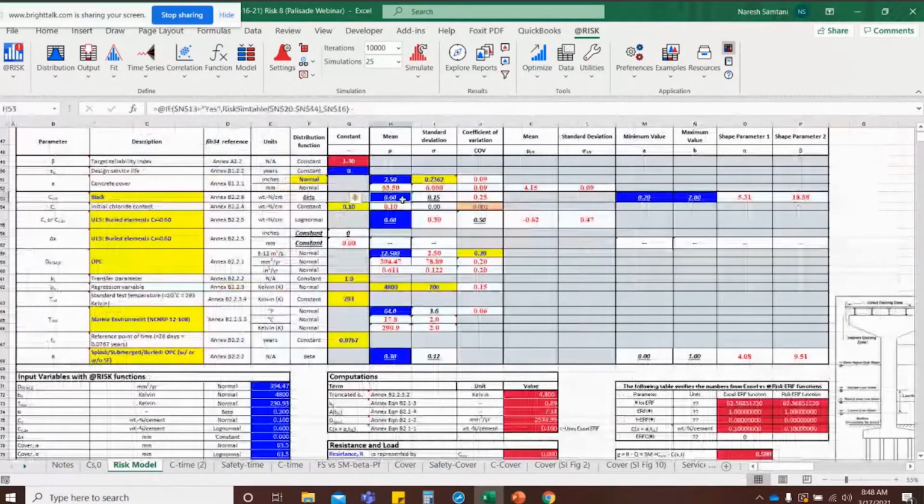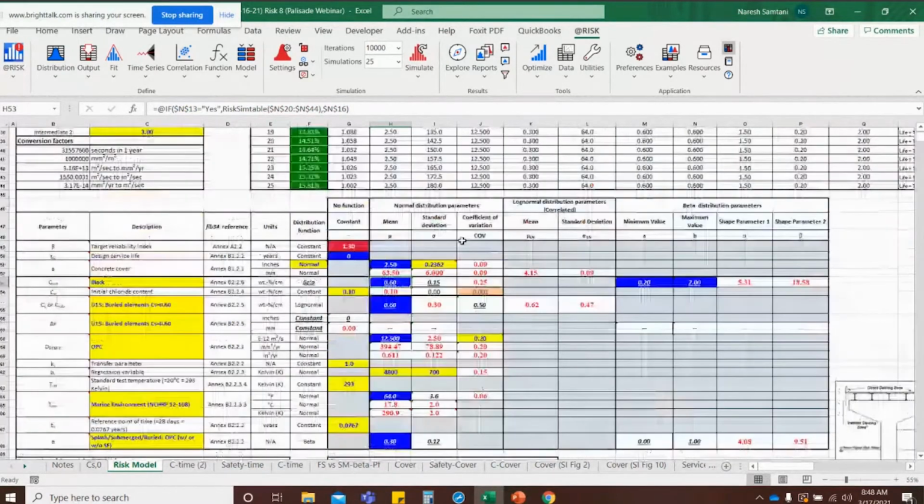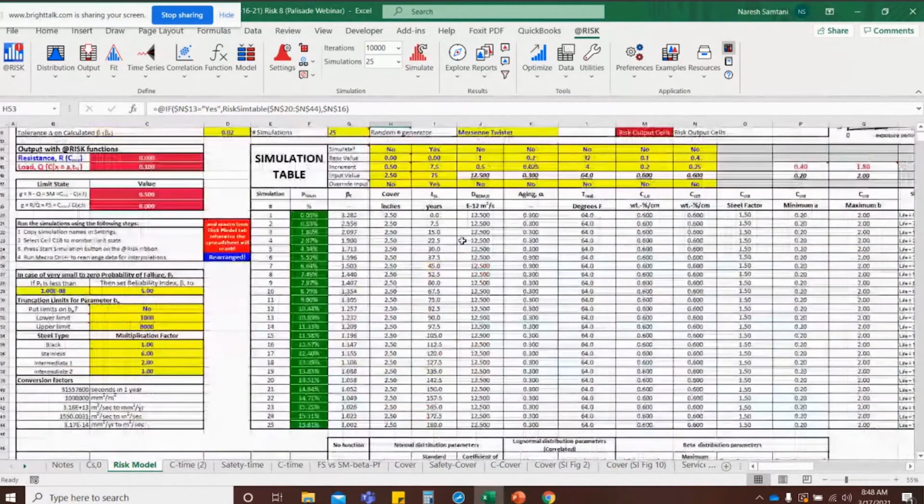And in the table above it, when you click on it, you will see that in this input parameter, look at this formula bar, I have a reference to the sim table. Okay, let me not mess up my formula. Reference to the sim table, which then goes and looks at the simulation table and says, tell me what you're trying to do, and I'll simulate.